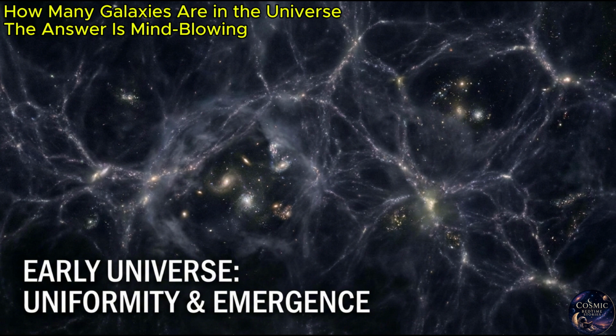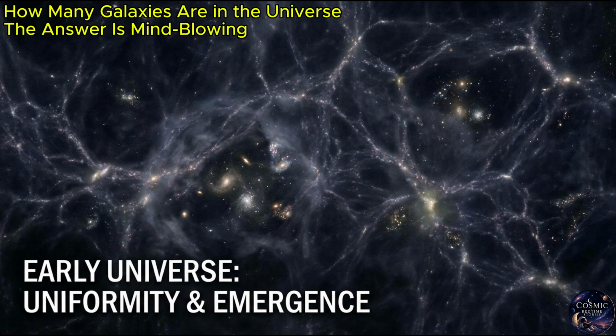Infrared observations further expanded these estimates by revealing galaxies whose light has been stretched beyond visible wavelengths. Many early galaxies emit primarily ultraviolet and visible light, which is shifted into the infrared region due to cosmic expansion. Without accounting for this shift, a large portion of the galaxy population would remain undetected, leading to underestimation of total